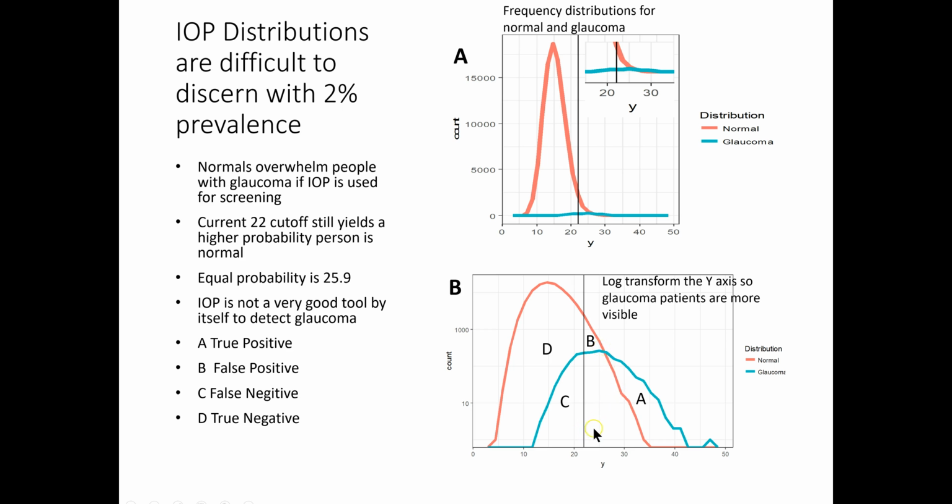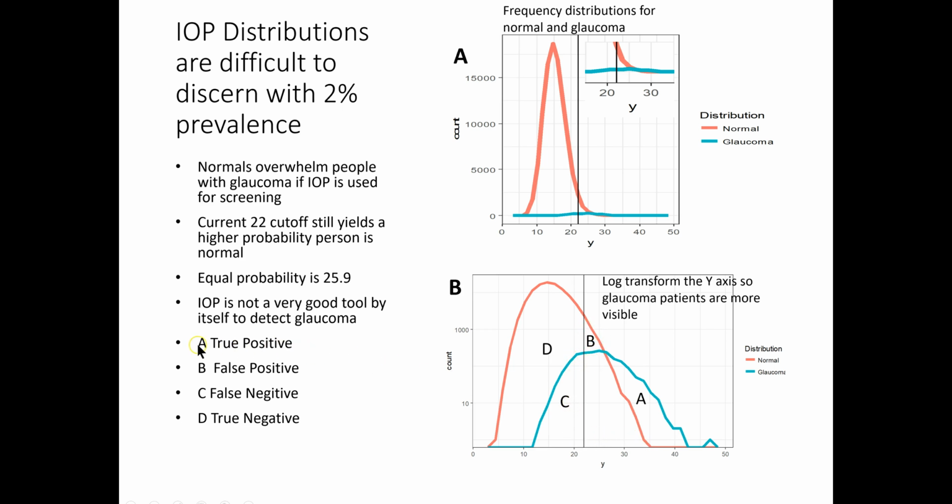But all the people to the right of this curve had IOPs greater than 22. Now, only the people under the green curve that are over here, the A's, those are people with glaucoma that were correctly diagnosed with your little IOP test. The B's are people that scored higher than 22, but they're under the normal curve. All these people, you might give an initial assessment, well, they could be glaucomatous, but really they're